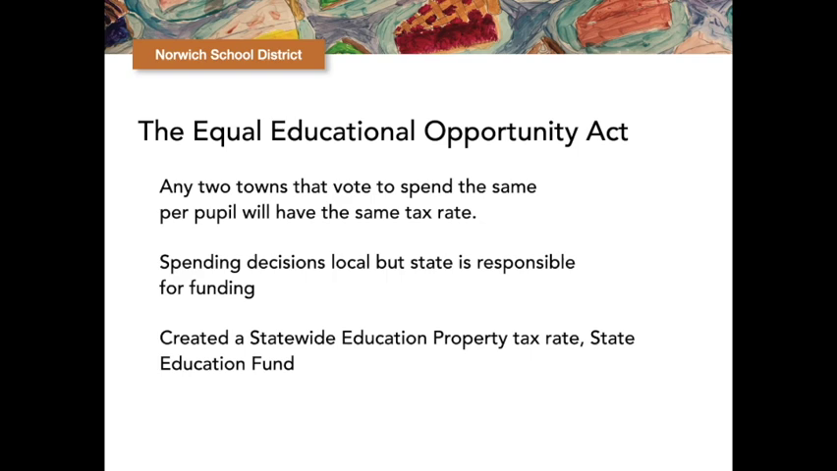But it also set up a system that tried to balance local control with the state's responsibility for education. It maintained local spending decisions, but moved the responsibility of funding those decisions to the state level. This change included the creation of a statewide education property tax, as well as a state education fund to accept